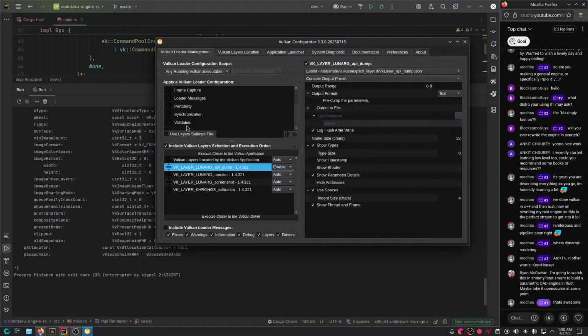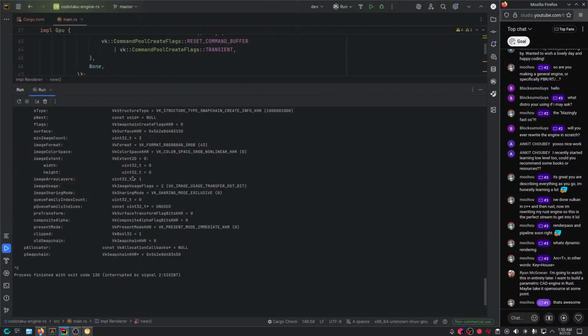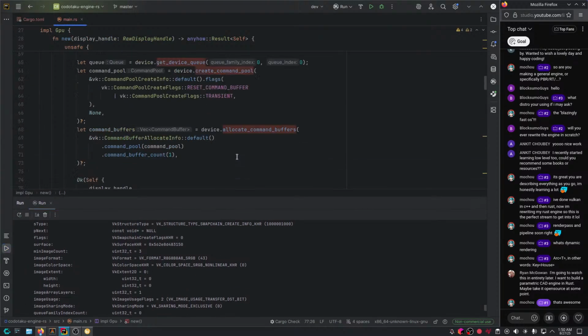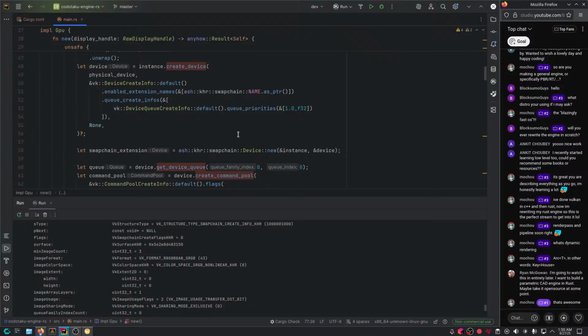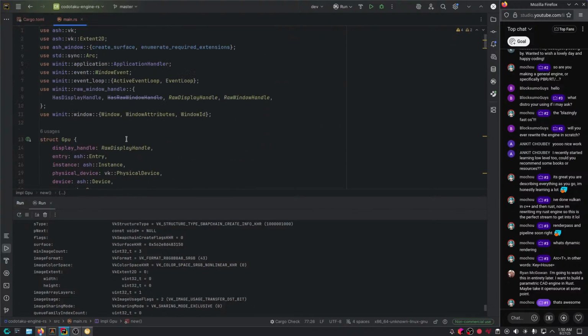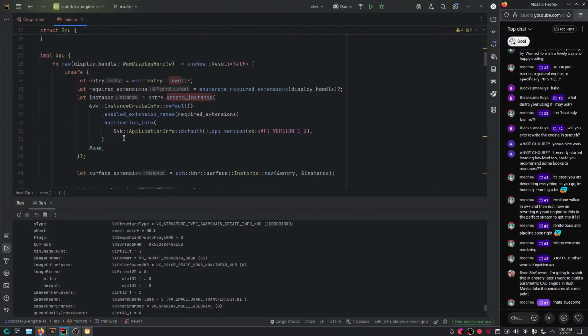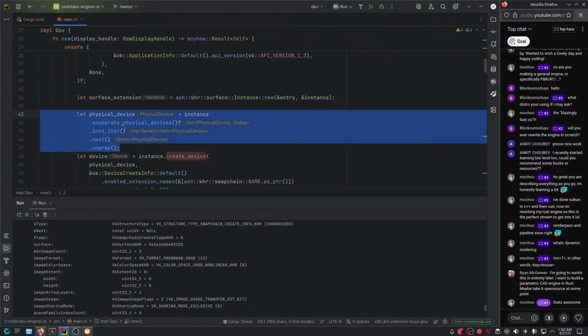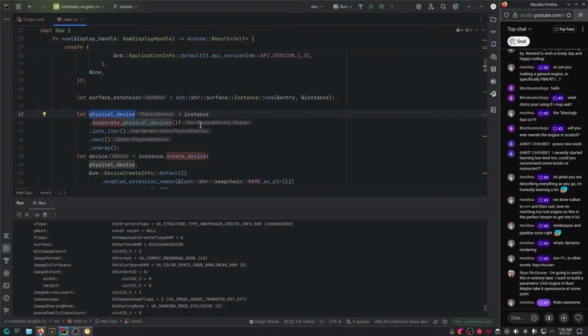There is another thing, which is the validation layer. That's very awesome, and I'm not sure why tutorials don't cover it. They usually go through a whole bunch of stuff. Another thing other tutorials do is, for example with the physical device, they go through a whole bunch of work to programmatically make sure that the physical device is compatible and so on. You would want to do that in a production engine, but since you're just starting out, you really shouldn't care about all that. Just take the first physical device you can find, which I'm doing here.